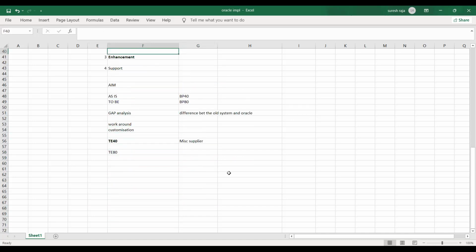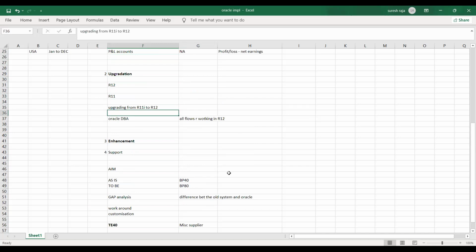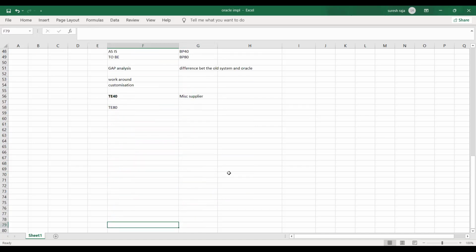So there are a lot of flows to be followed. These are the processes. We'll see the four types of enhancement and support. These are all what we do in the real work scenario. Here you will complete it. You will do T50, and once again, for the gap you have to do CRP. What is CRP? It is conference room piloting.